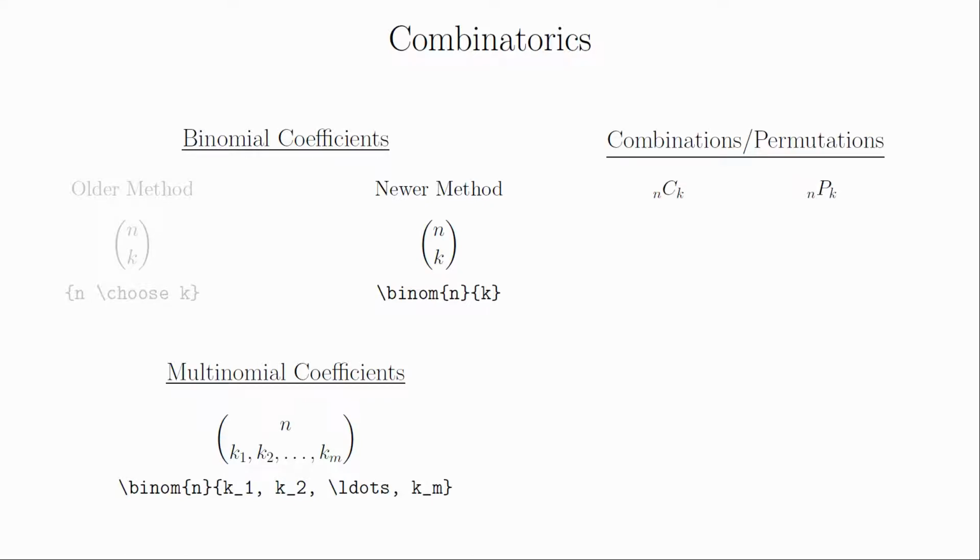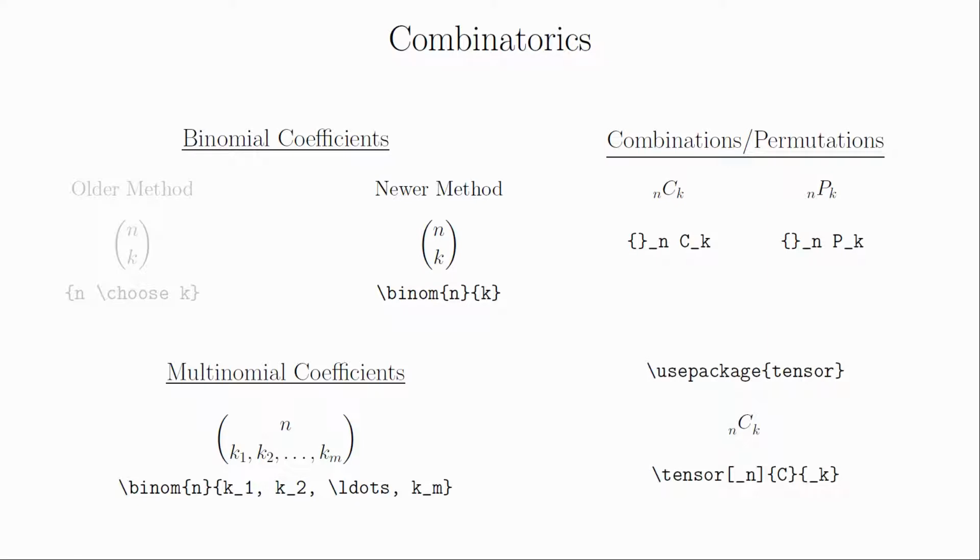There is a wide variety of notations for combinations and permutations that people use. Most of them are straightforward to typeset, but there's one that takes a little bit of extra effort. The pre-subscripting is not a command that naturally exists in LaTeX. The quick and easy way to deal with this is to create an empty symbol with a subscript as the symbol that comes before the C or P, and then the letter itself will have its own subscript. This can also be made to work with pre-superscripts. If you're just using it for something simple like this, you can get away with it.